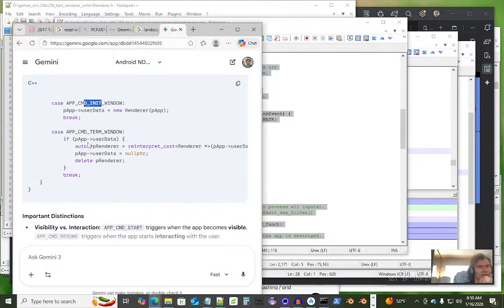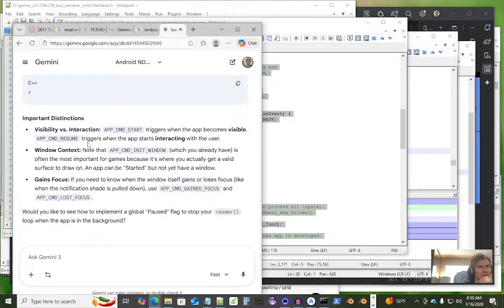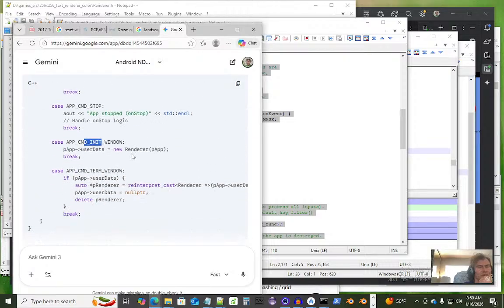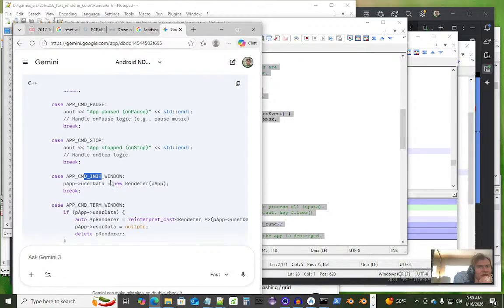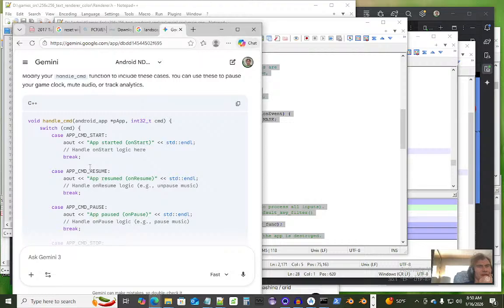So we're missing these, aren't we? Visibility versus interaction. So what would we have to do? Would we have to do if app data, interpret cast, and then just tell